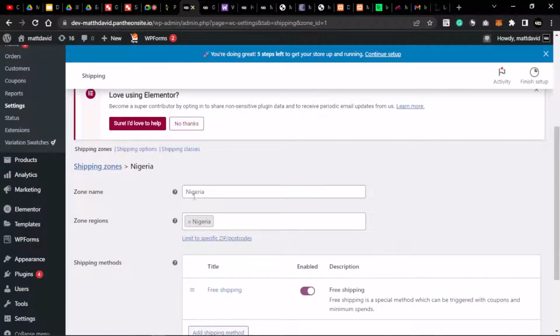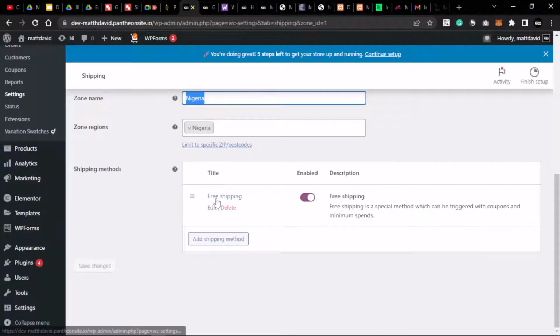So this is the present shipping zone, and you can also target specific locations with a zip code. You know the zip code or postal code of that particular location. You can add it here, and it will add that to this zone that you have created. You can actually create a new zone in a particular country. You can have different zones in the same country. That it is Nigeria doesn't mean your zone has to be an entire country. You can have different zones within a particular country,